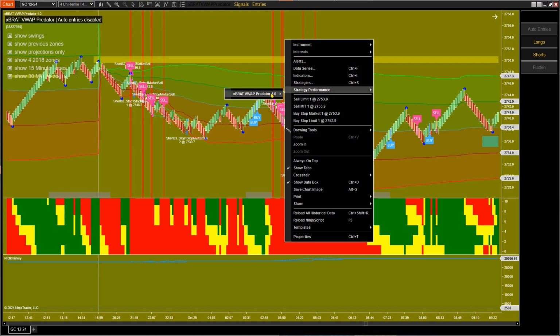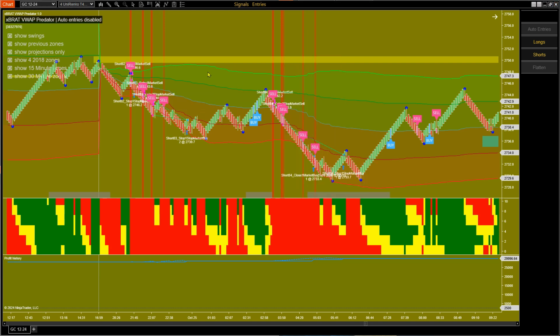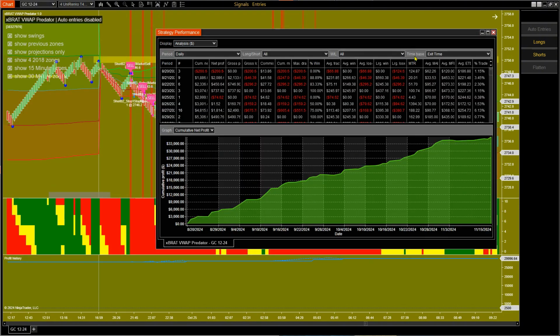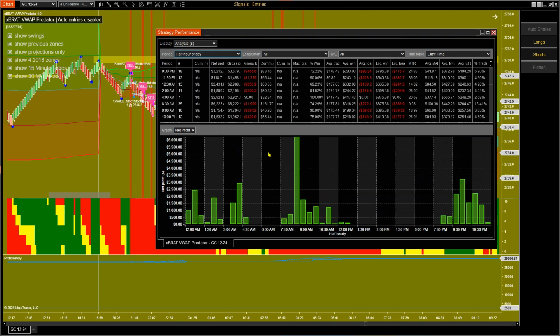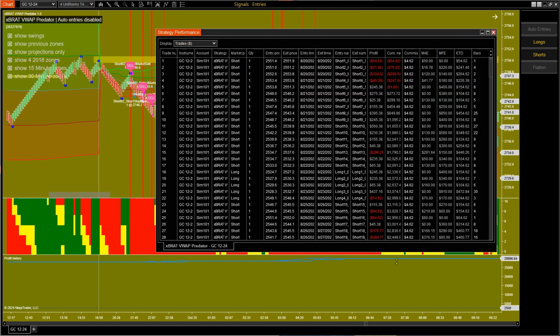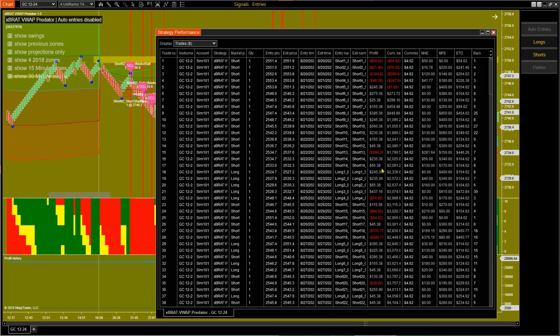So what I'm going to do on the strategy performance report now is, although those are winning clusters, I just want to check those on analysis, entry time, half hour of the day. We're still good. What I want to do now is look at the trades, and again you can download this on the spreadsheet. What I'm looking for is the dates and how we sort of, so this date on the 20th, we're